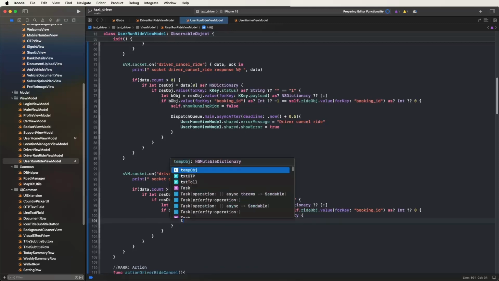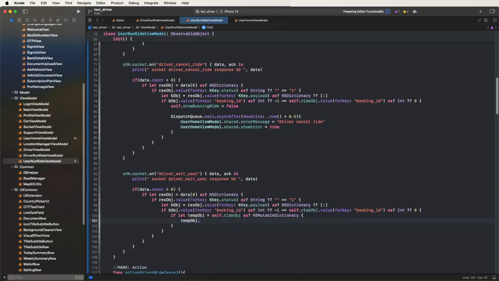Now write temp objects set value for key, and pass the b object value for key and set the booking status, like this. And now set the value